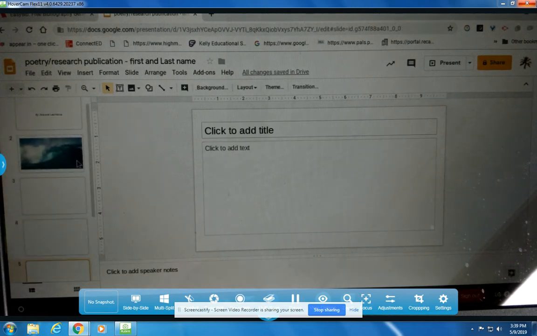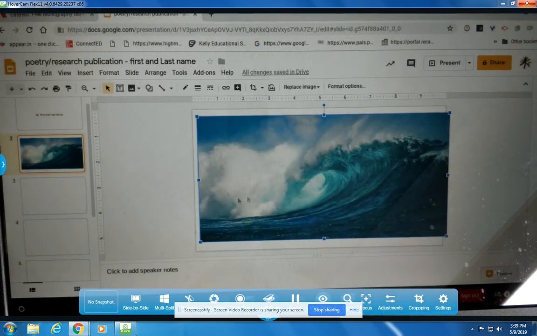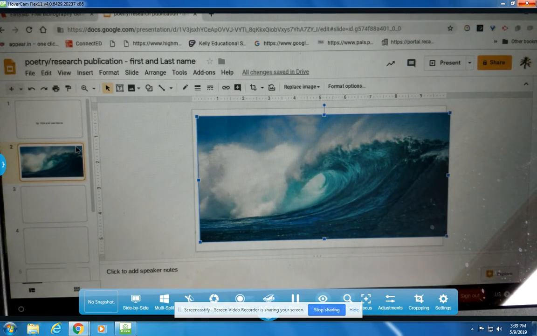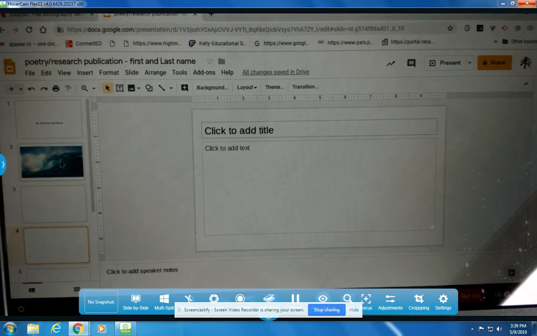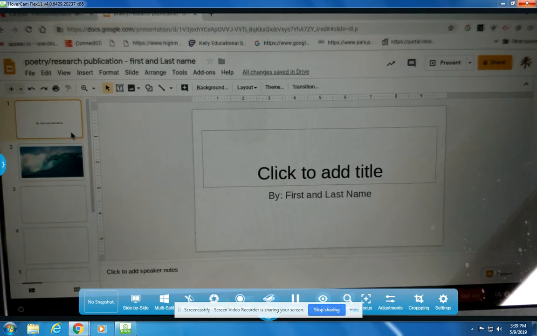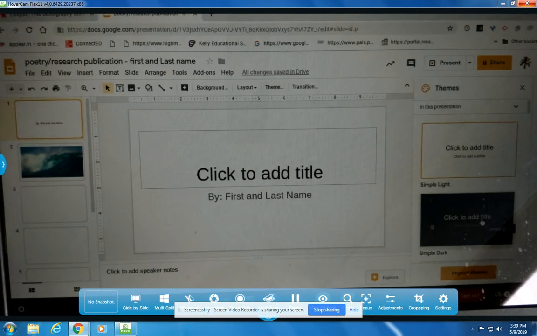So for poetry, it's not optional to include pictures. For research, it is optional to include pictures, but I do want you to make sure that your slides aren't all black and white for research. Make sure that we're creative with our color schemes, our word choice. Maybe we're doing a theme or a background over here on the margin, and we're utilizing that. I shouldn't see all black and white slides. I should see creativity and